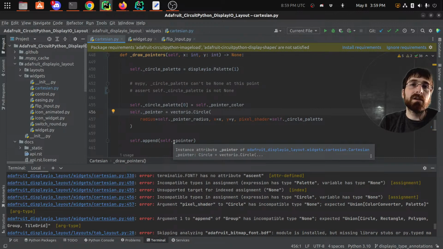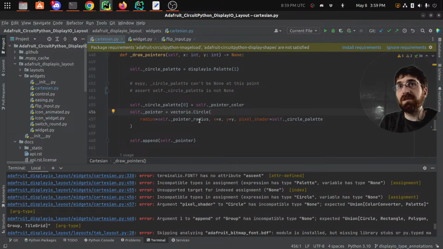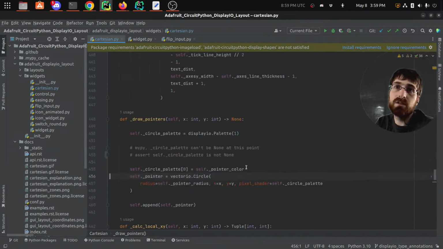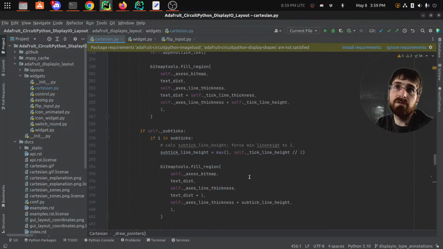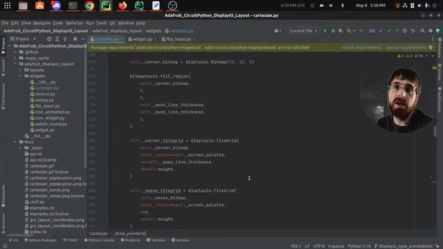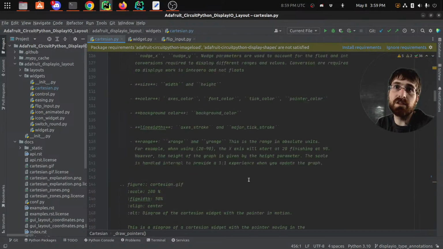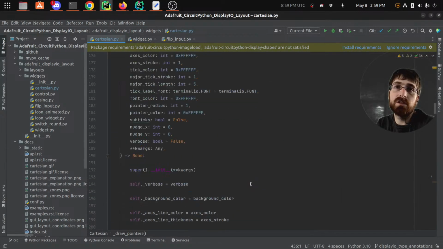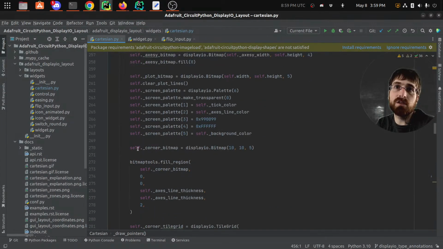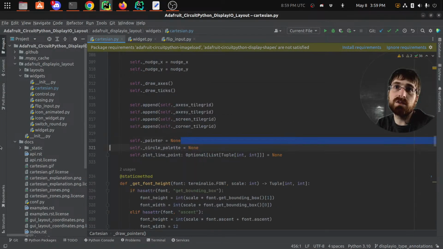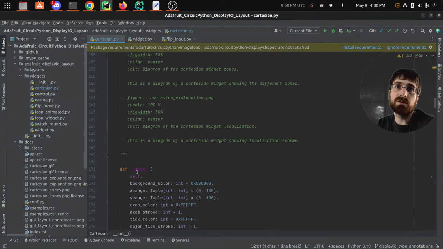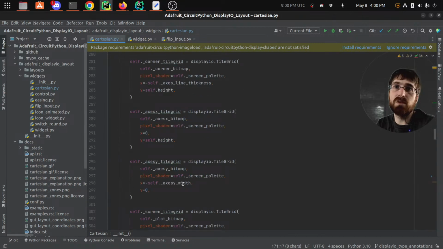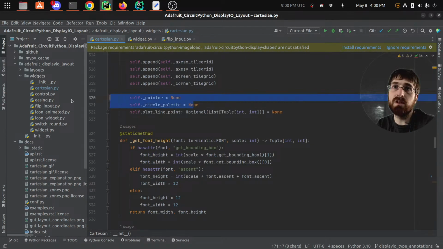Yeah. I don't know. I feel like I have a fundamental disagreement with MyPy on this point, basically. I think it should be allowed, without raising any errors, to set something to none inside of init. So this is the init function right here. I think it should be allowed to set something to none here,